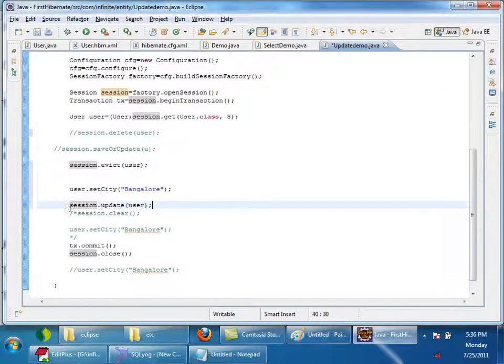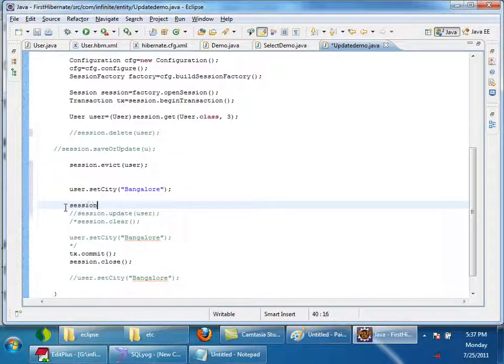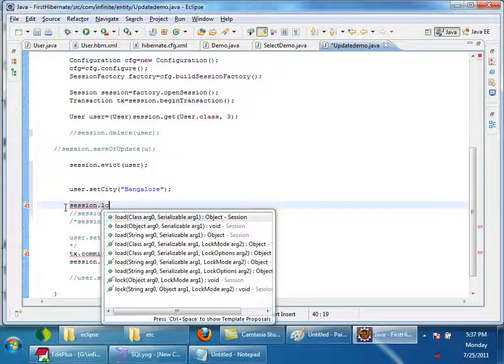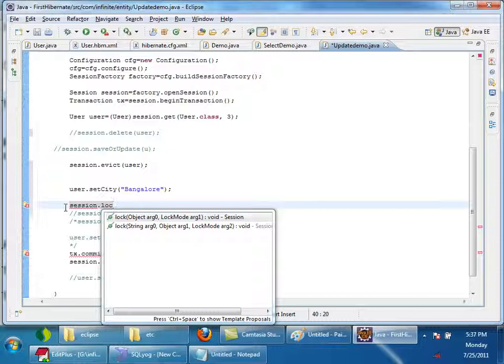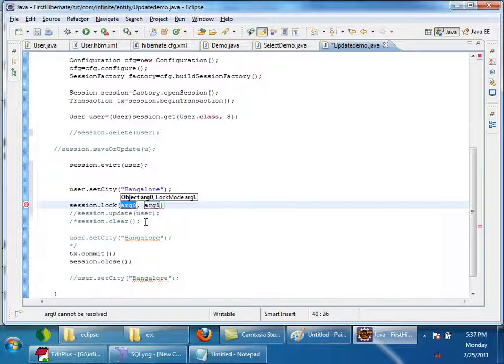Now there is another way. Instead of using session.update or session.save or update, there is another way. Session.lock. See, session.lock, I'll say user comma lock mode.